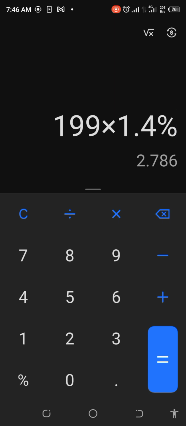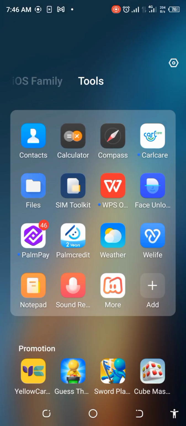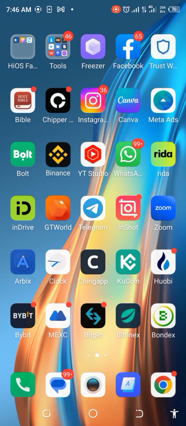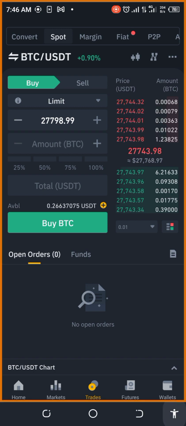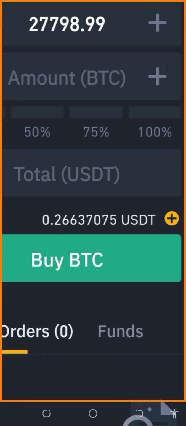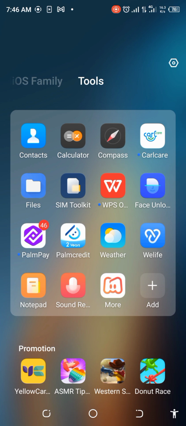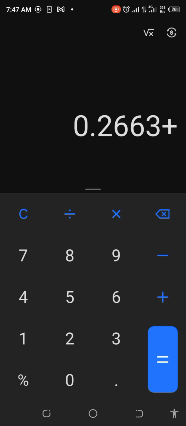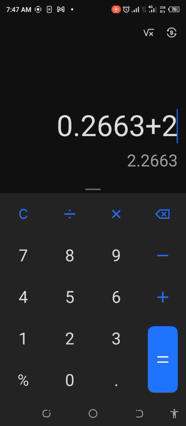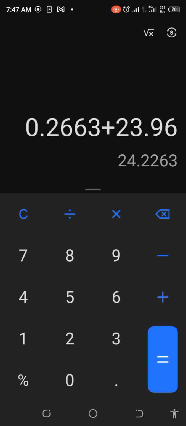So let's now go back to the global amount. The global amount really is, we have to add what we've made, right? Plus what is in Binance. So what do we have left in Binance? So we have 2663. So let's take that and add that, right? So what did we make entirely? We eventually have, let's add our 0.2663. Then we add that to our 23.965